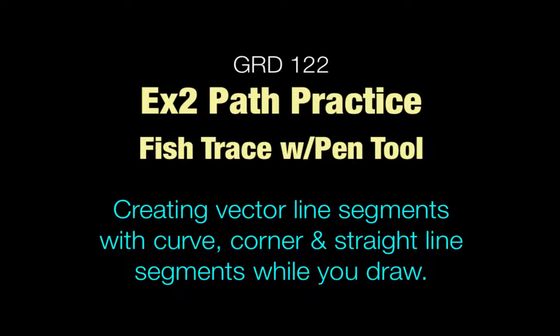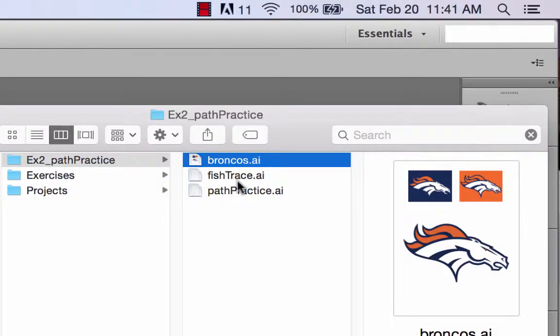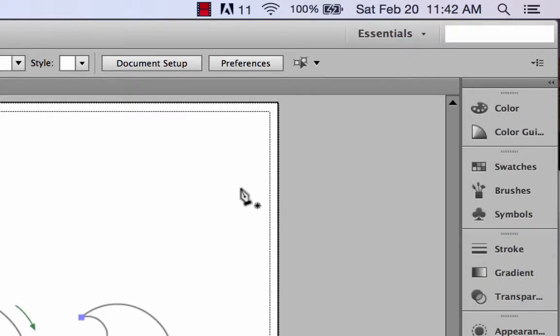Hey, Professor Homa, back to Fish Trace. This is part 2 of our path practice. So from our path practice folder, we're going to open up Fish Trace, and there's Fish Trace, and we worked